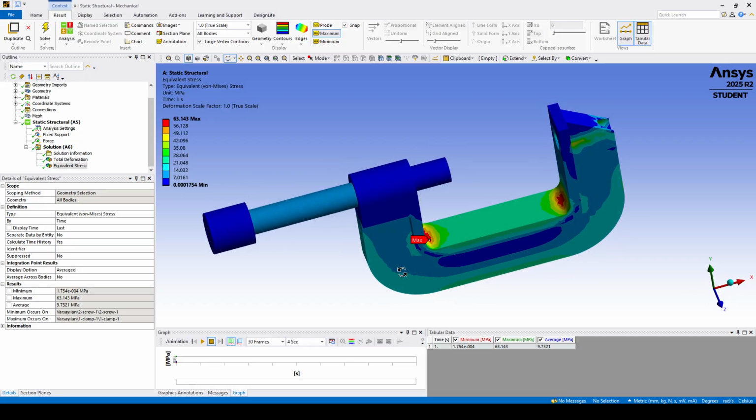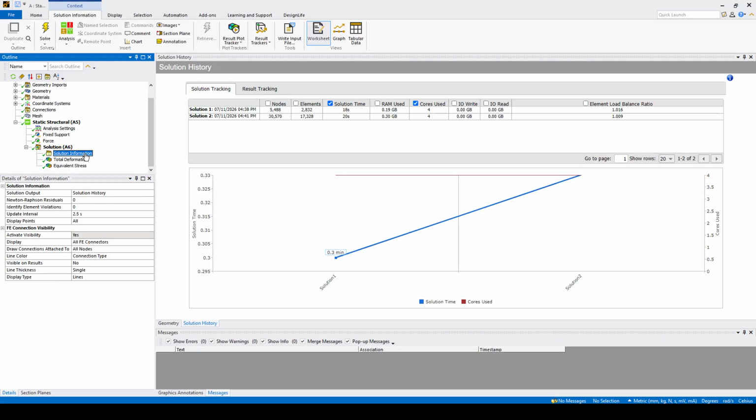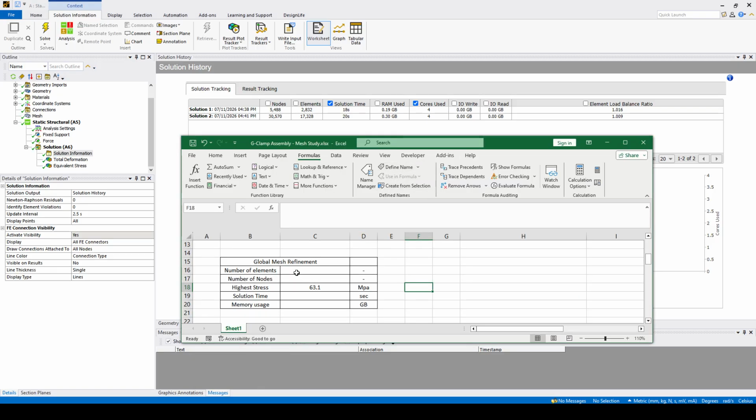and the value is actually 63.14. So I'm going to hit here and type 63.1 megapascal and get the other information. From solution information, under solution number 2, you will find the new information. I'm going to put the number of elements and number of nodes,